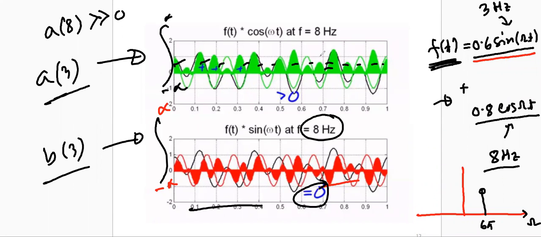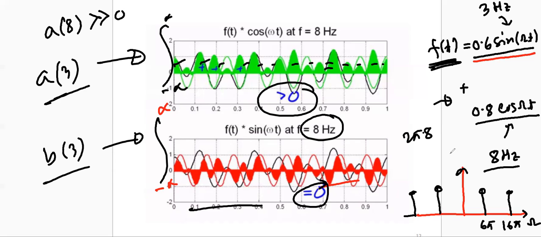Since we got a match again, we get another stem at the location of 8 Hertz, because we tried 8 Hertz, and 8 Hertz means 2π into 8, so that is 16π. That's it. This is in the frame of a continuous time signal. Of course, there is also a stem on the negative side, so no need to mention it. So this is all about